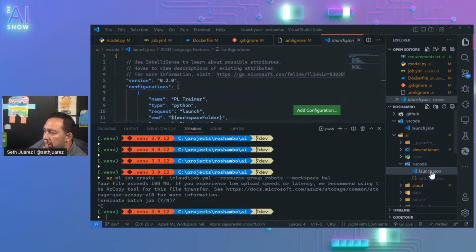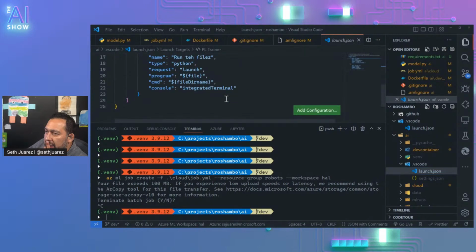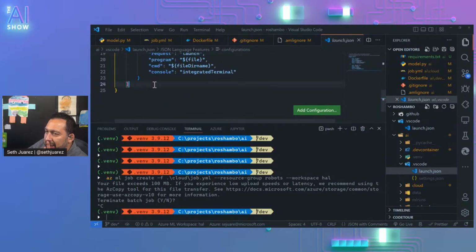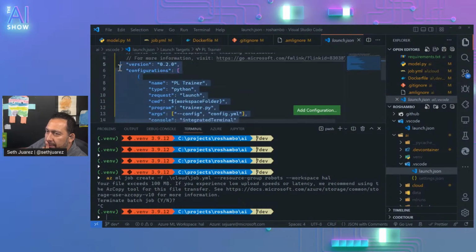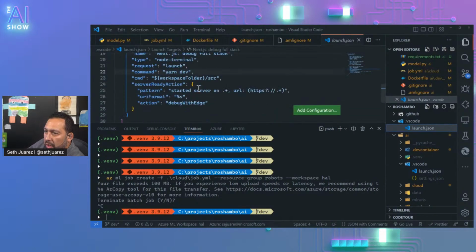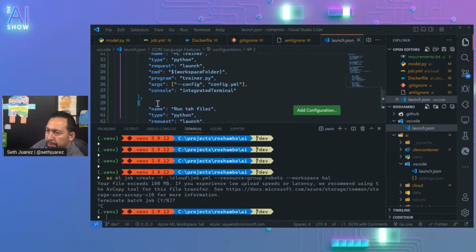What is this? Oh, I think this is a way of, okay, so we can add these actually to our other thing. Yeah, we can add this to the other one, to our launch.json.